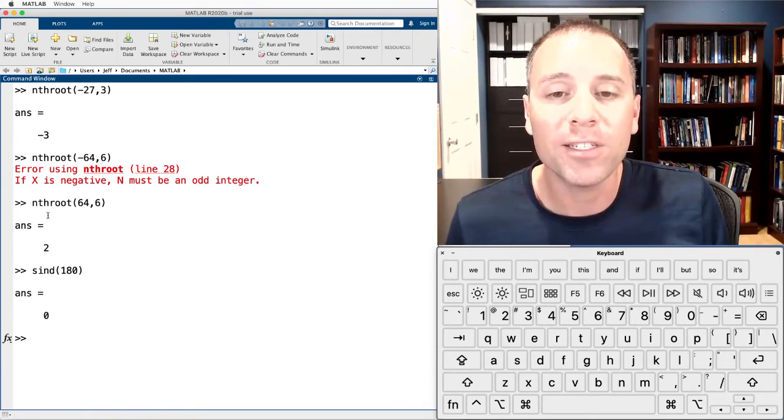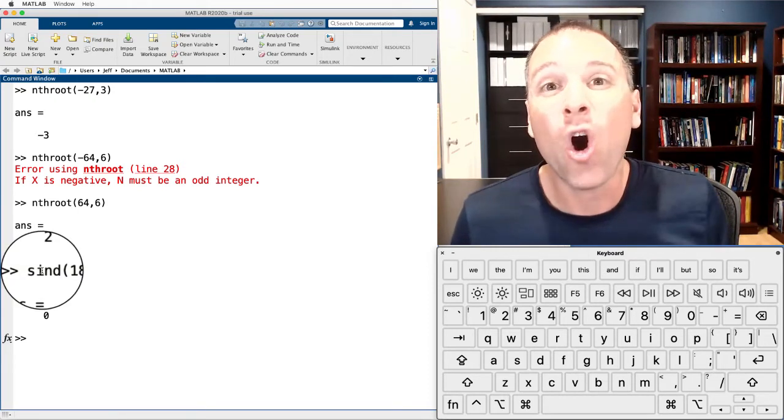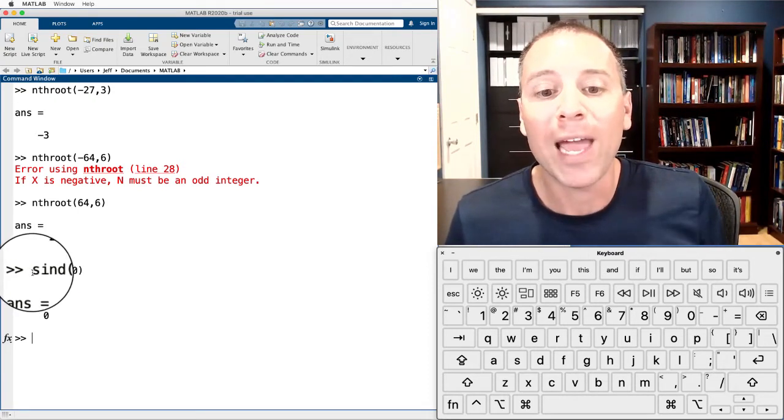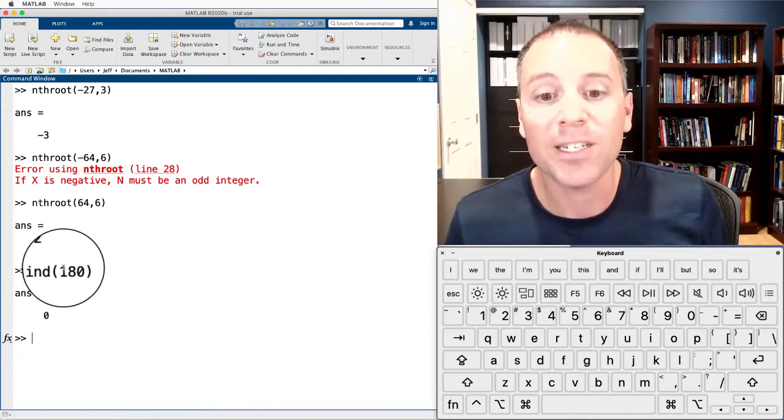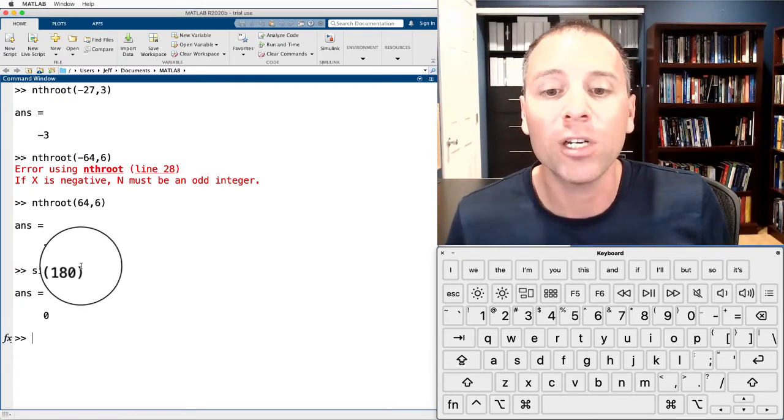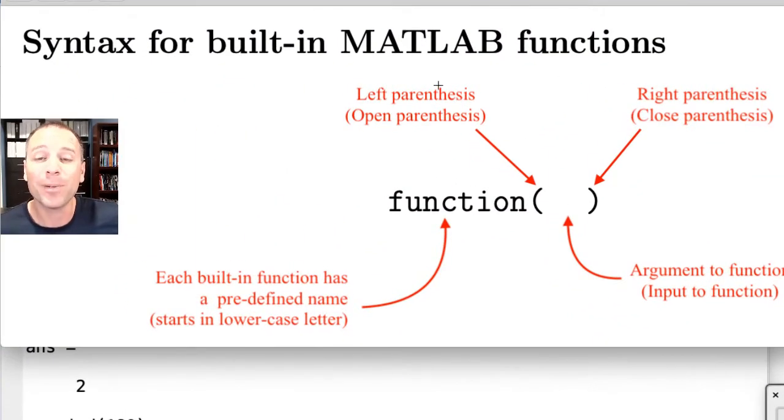Notice that in all of these situations, we're finding a pattern. When we call built-in functions in MATLAB, we have the function name, open parentheses, argument or input to the function, close parentheses. To make that really explicit, the syntax for built-in MATLAB functions, syntax is just a formal way of saying how we type in that input, how we tell the computer, I want you to do something very specific. What are the symbols that we input to the computer in order to get it to jump to our command? In this case, when we're using a built-in function, there will be a pattern in all the different functions we used, and it looks like this.